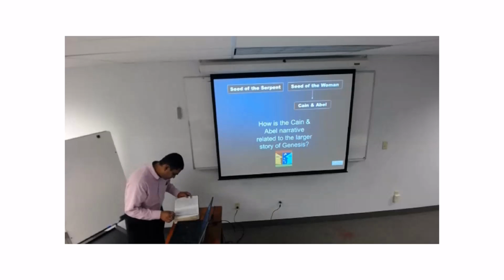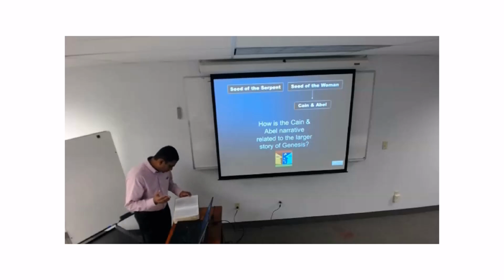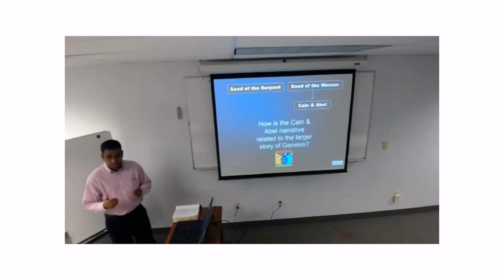In fact, I want to just point to you Genesis 5, verse 1: God created man. He made him in the likeness of God. So this is the image of God in man. Man was created in God's image. But then, verse 3, when Adam lived 130 years, he fathered a son in his own likeness, after his image, and named him Seth. So you're going to be seeing this thing of the image of God in man.